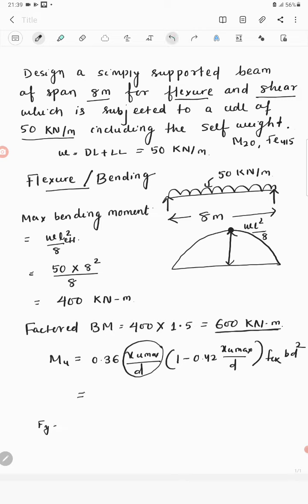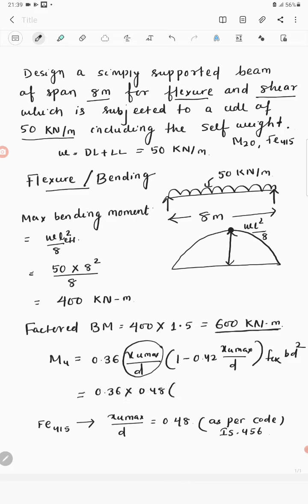Or you can just simply write for Fe415 this Xu max by d value, that is 0.48. This is as per code. Okay, so just put in the expression 0.48, 1 minus 0.42 times 0.48, fck is 20